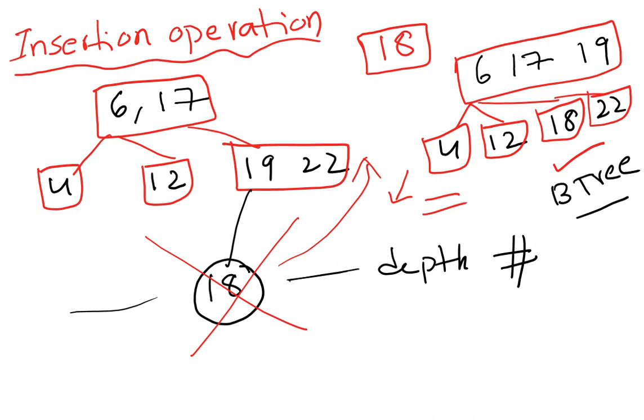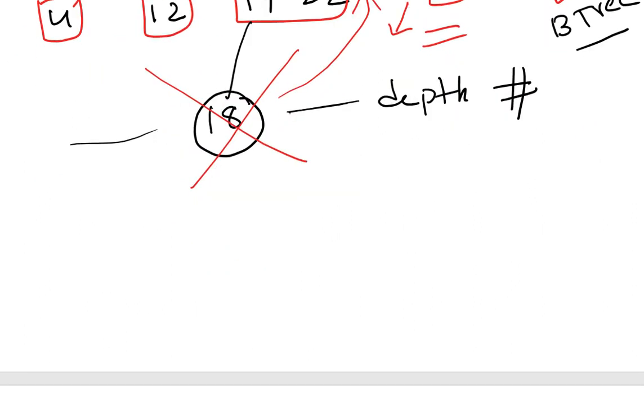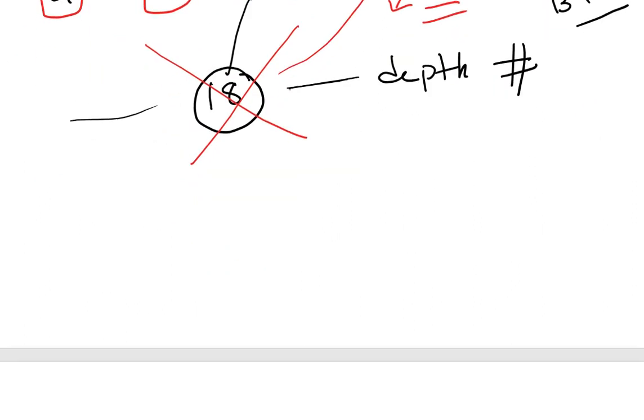Like this, by following the rules. Sir, can we put 19, 22 in the middle also? If you put 19, 22 in the middle, the minimum value here should be 2. Each node consists of 2. We should not use more than 2. That's why we can put this one here. You got it? Yes.